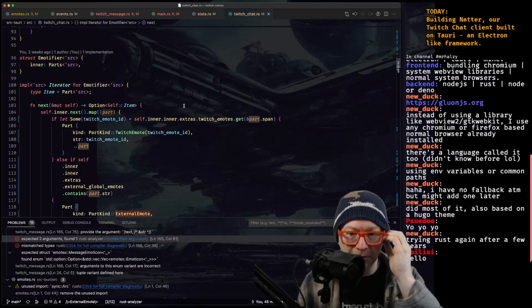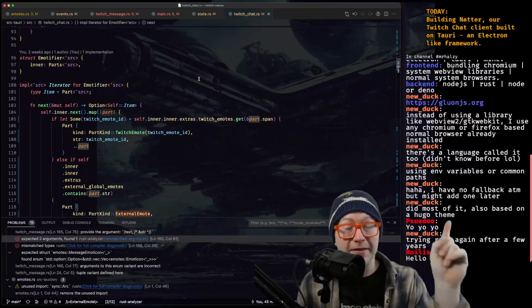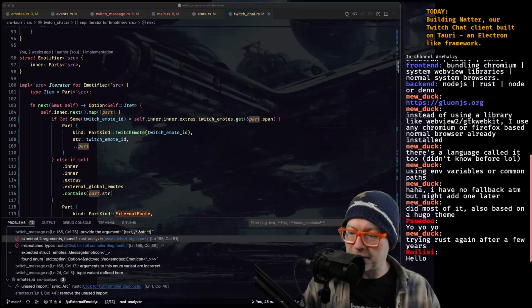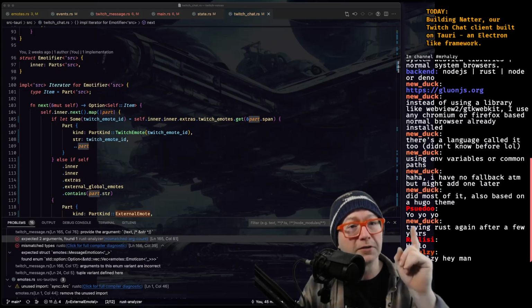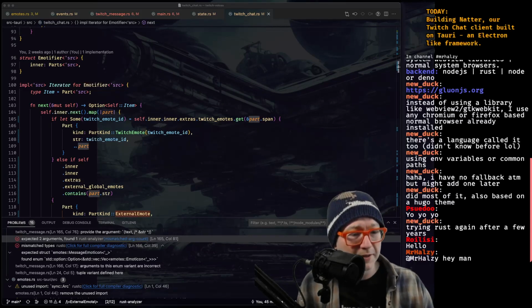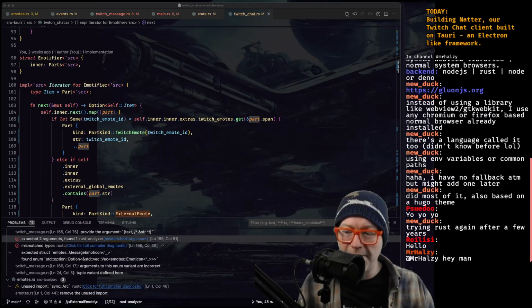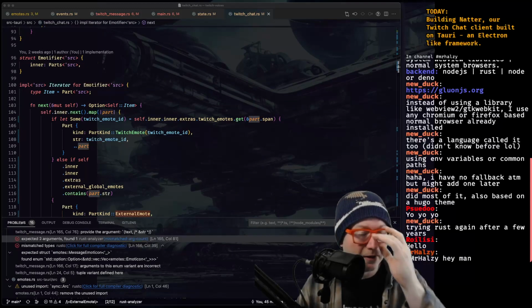And this is the parser. This parser parses your messages, the text inside of them, so that we can do things like highlight a message. Actually, it didn't do it. Why didn't it do it? Is that logged in with Capitan? I don't know.